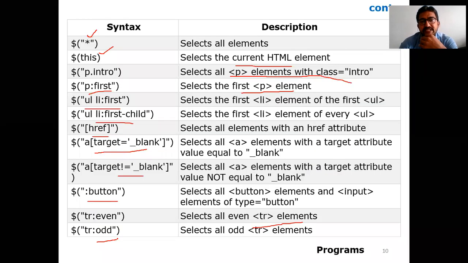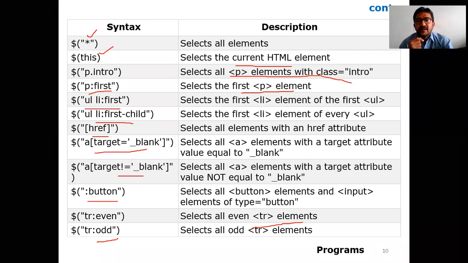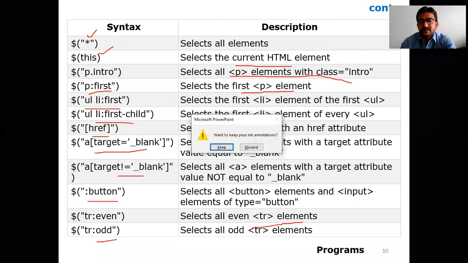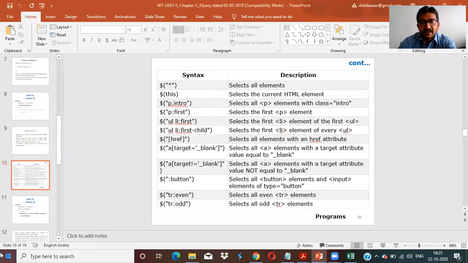We have different selectors, like specific to a paragraph, specific to an HTML element, specific to an attribute in that HTML element, or the first HTML element among the set of different elements we have. Based on your interest and your requirement, you can do a lot of things. Let me run some programs here so that we can understand how the jQuery selectors will run.